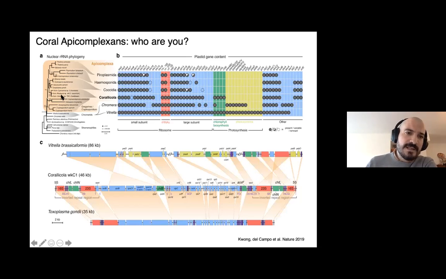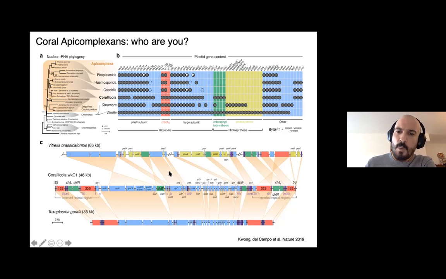Interestingly, this apicomplexan is a coccidian. Toxoplasma and Sarcocystis are well-known parasites, but because of its epidemiology, because of its presence in 70% of corals, we do not think that it's a parasite. As well, it's an interesting organism because it contains a remnant plastid that all apicomplexans contain, called the apicoplast. And interestingly, it contains all the necessary genes, but 3, to synthesize chlorophyll.